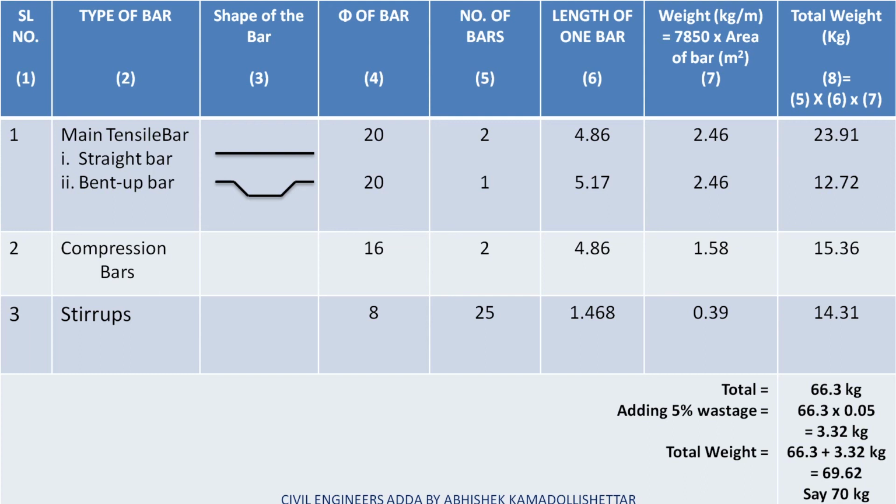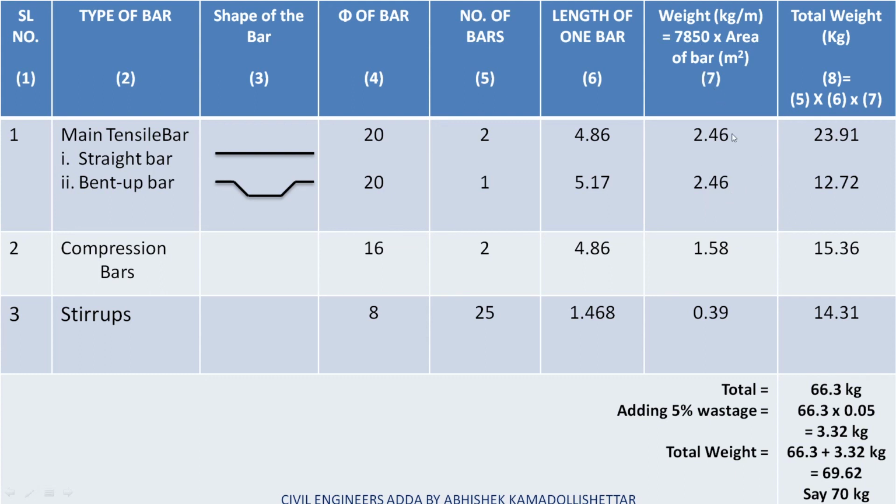D is nothing but the diameter of bar, that is in the fourth column. Okay, it should be in meter, so be careful. So the calculation is 2.46 meters, and the total weight is calculated as column 5, column 6 and column 7. Total multiplication will give you the value of column 8, that is total weight. So similarly, bent up bar 20 diameter, one bent up bar at L by 7 as per question. So length of one bar is 5.17 meters. So again weight and other things, if you calculate, it will be 2.46 meter,